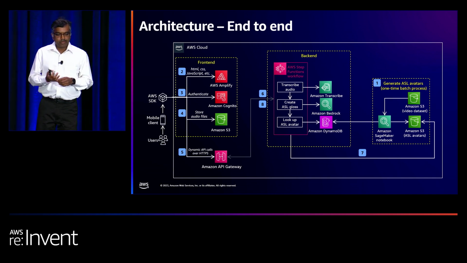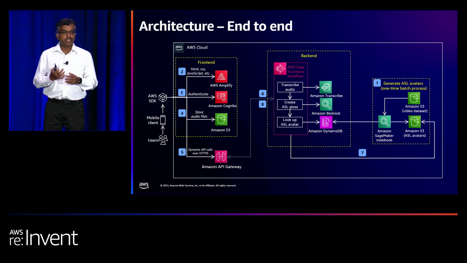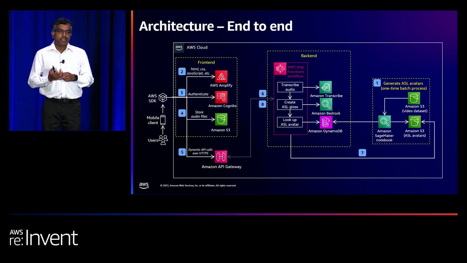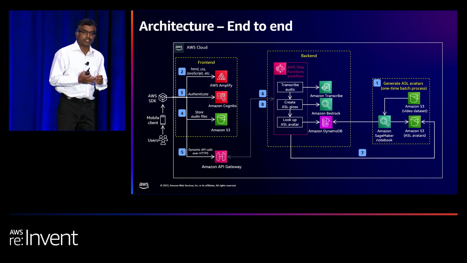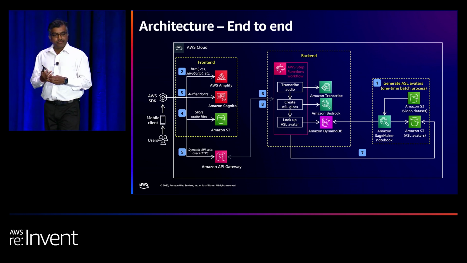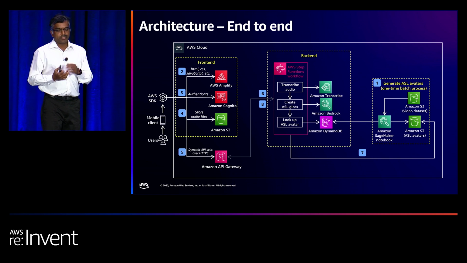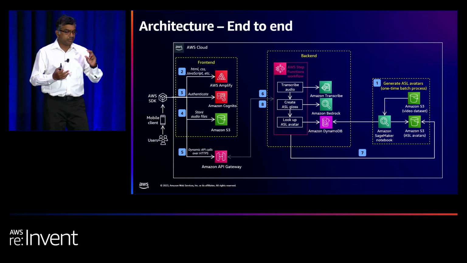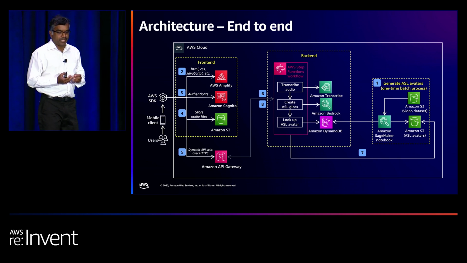Here I just want to highlight a couple of things. One, when we started working on this project, we were using Amazon's sequence-to-sequence machine learning model with a corpus of text to ASL gloss, and we trained that model to generate the gloss, but the accuracy was very low. And then when Amazon Bedrock was introduced, we switched our implementation to use Amazon Bedrock and the Anthropic Claude V2 model, and then we were getting accurate results with a few examples.